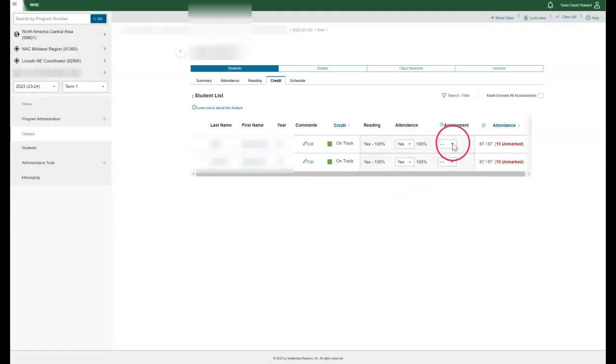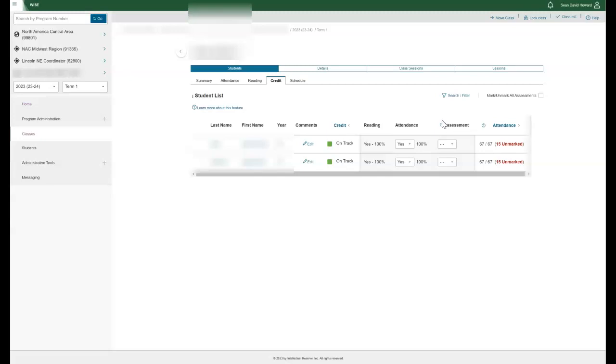For the assessment, same thing. You need to make sure that every student has a yes or a no. Again, just another check and balance. If you finished out your semester and you still have some red over here saying you have some unmarked attendance, you need to go back to your attendance and make sure you have a green check next to every single day that it has in the computer there. Those are the few simple things that you do to make sure that your class is ready to be shut